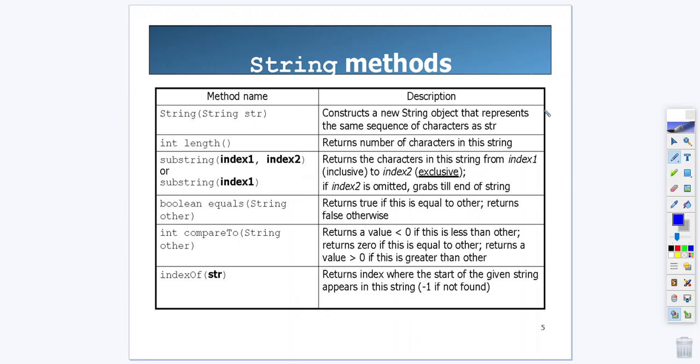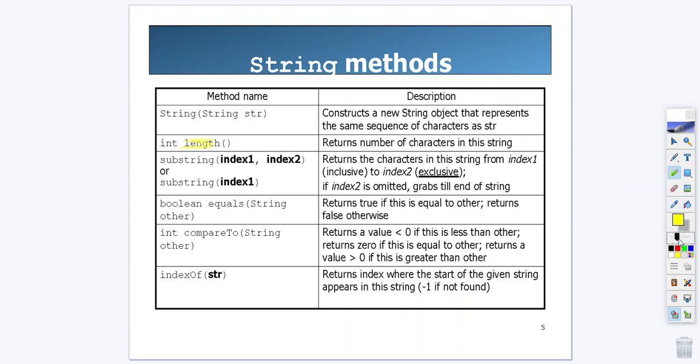Now, the string class has some very useful methods that we'll use. The ones that we're going to focus on today are the length method, which you'll notice has 0 parameters and is going to return an int. We have 2 versions of